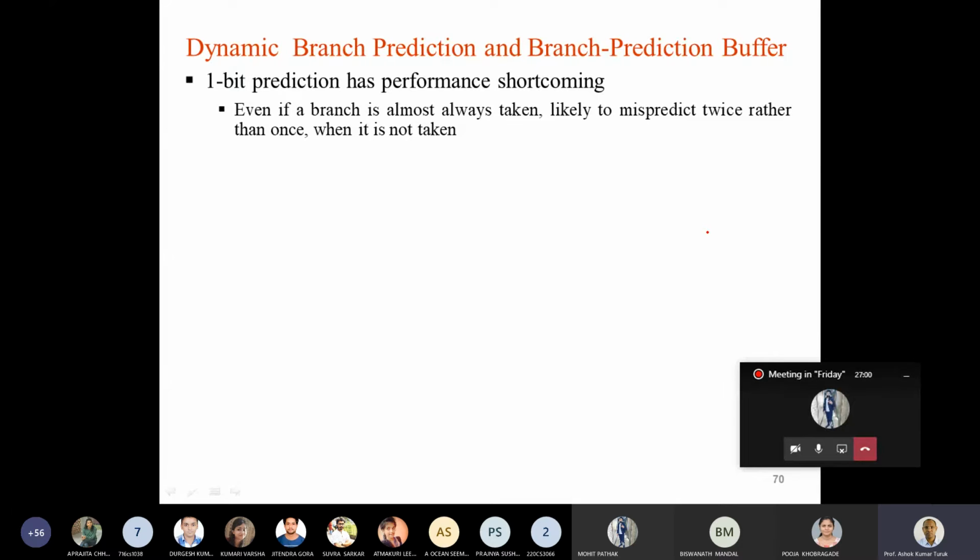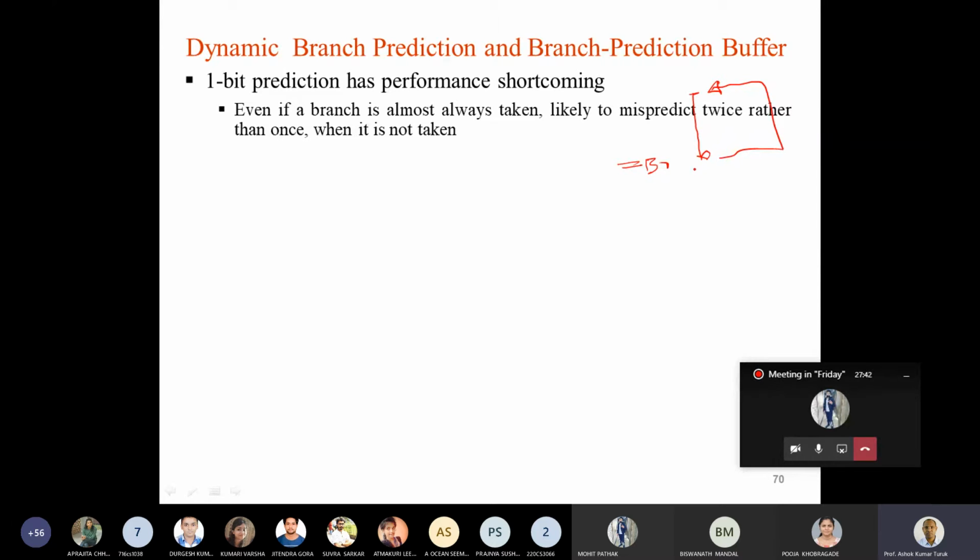Let's take an example of a loop. Let's say the last instruction is a branch instruction, and this says that your loop begins. This is your loop instruction, and somewhere here is the first instruction. After executing this loop, again you go back. So the majority of the time you execute this loop, so the branch is taken. From here you are executing to here, so the branch is always taken. Now what happens in the last iteration of the loop? In the last iteration of the loop, you are not going to enter into the loop.